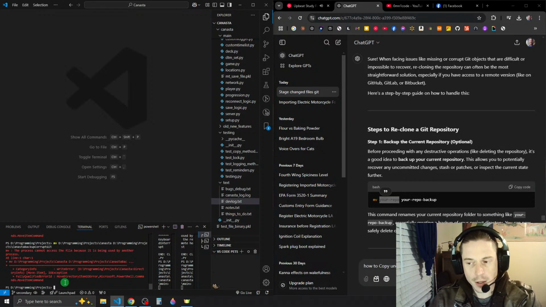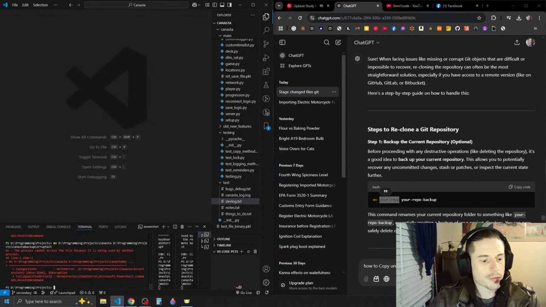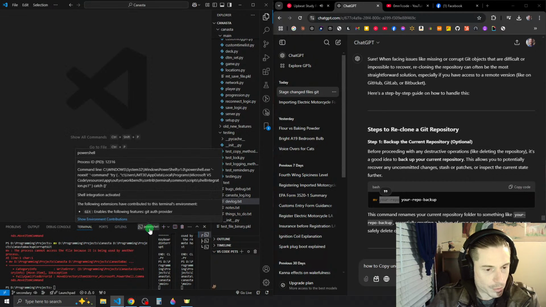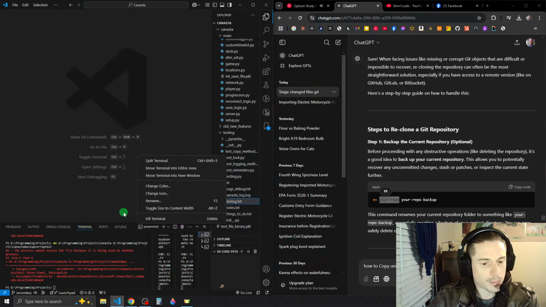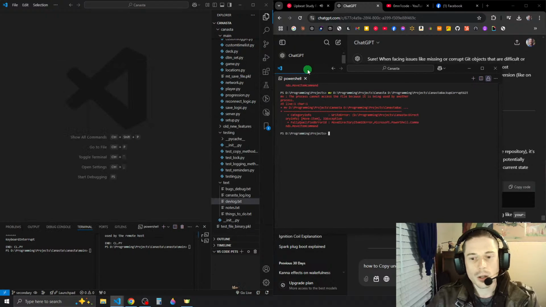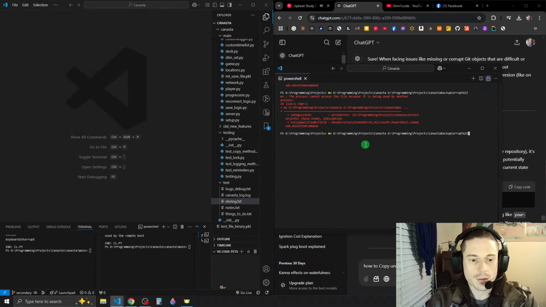So yeah, I think we might have to do this from PowerShell, maybe? I haven't used PowerShell in a hot minute. Move terminal into a new window.